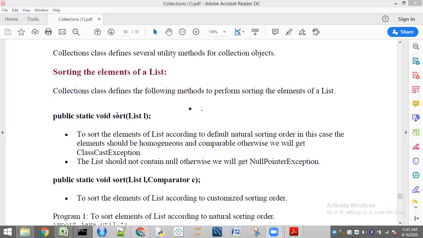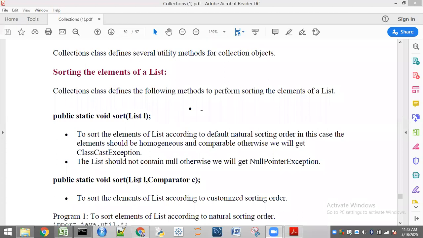This sorting is going to be done in the default natural sorting order, so all elements in that list should be homogeneous and a null value should not be present in that list. That is the first point. Next, sir, I don't want this default natural sorting order. I want only my order, my customized sorting order. So you have to go to this sorting method.